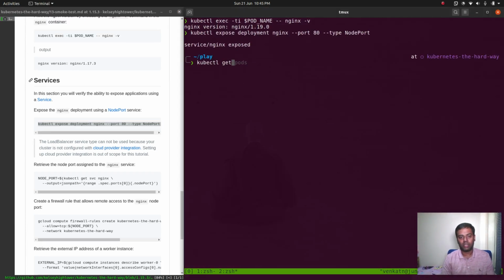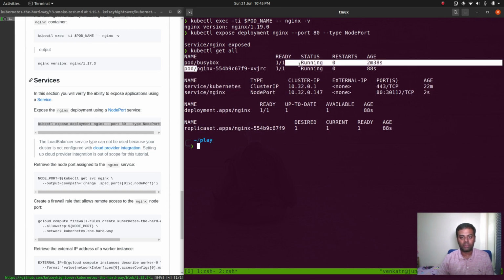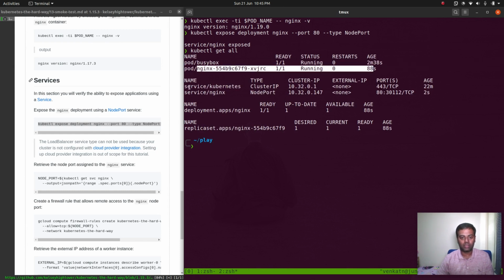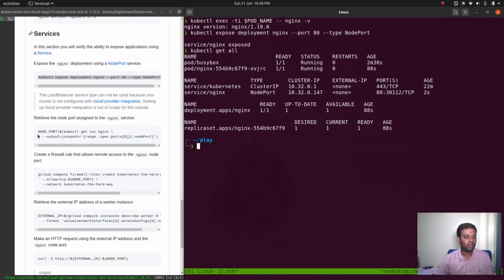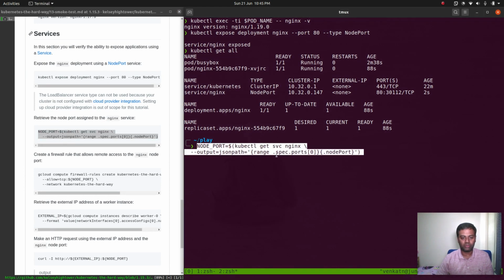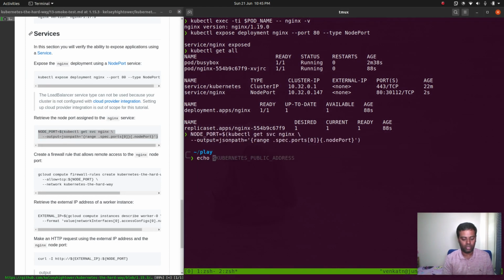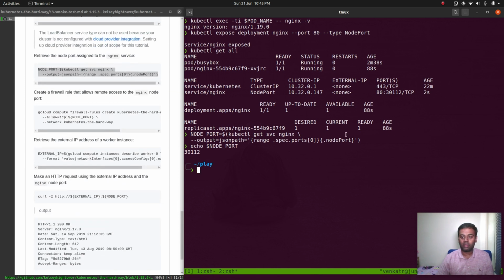Okay, kubectl get all. So we have our Nginx pod running, which has been exposed as a node port service, and the node port is 30112, and we're going to grab that into a variable. And if I do echo $NODE_PORT, it's 30112. We basically got this into a variable,